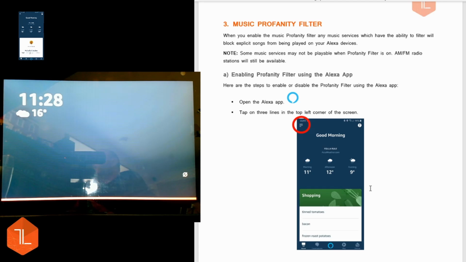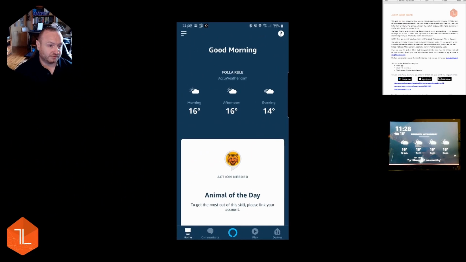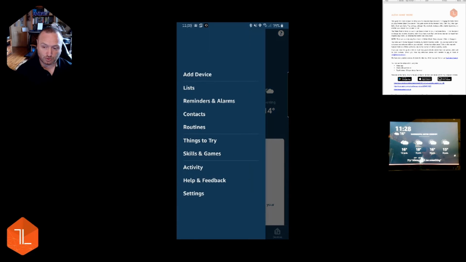Again, I will do this using the app so you can see exactly what I'm doing and change the setting as it suits you. So again, if you open the app, click on the three lines in the top corner,